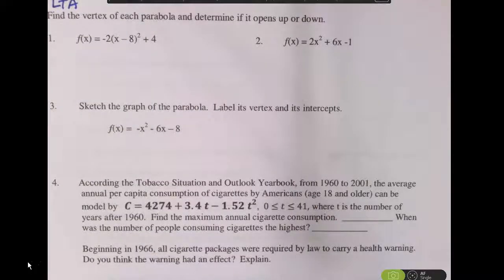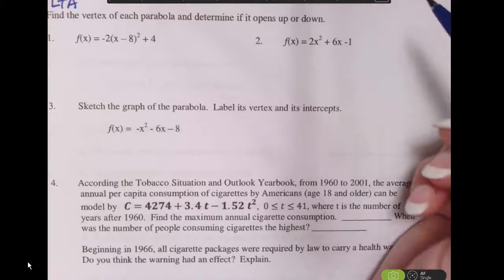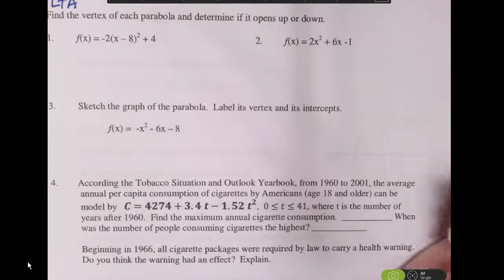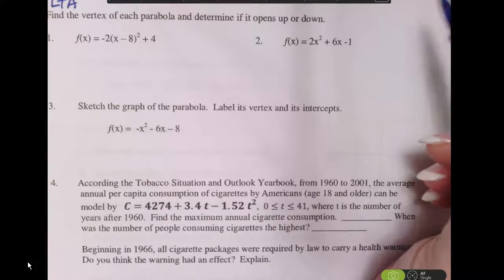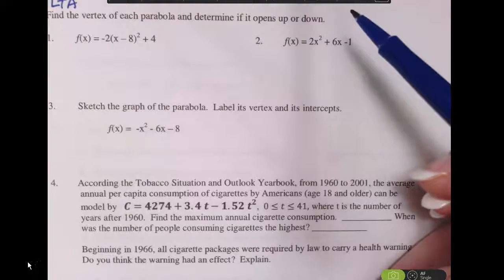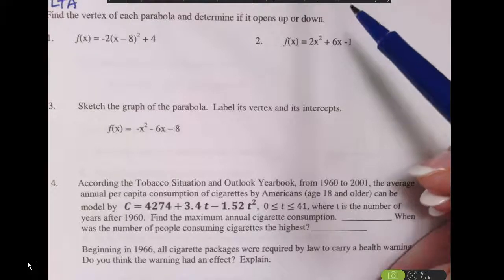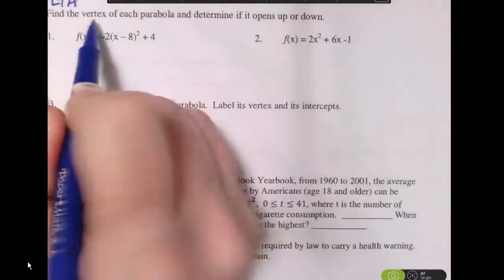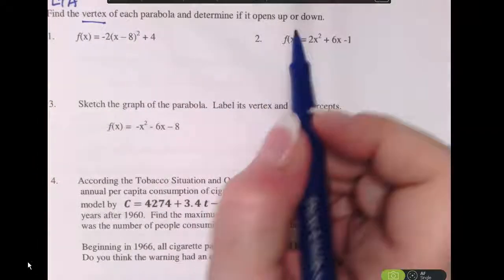I'll pull those out for you guys, but this chapter is all about being able to have the instinctual knowledge of what your graphs are supposed to look like, how to compare them to the parent functions, transforming functions, all of those things. So with that being said, let's find the vertex of each parabola and determine if it opens